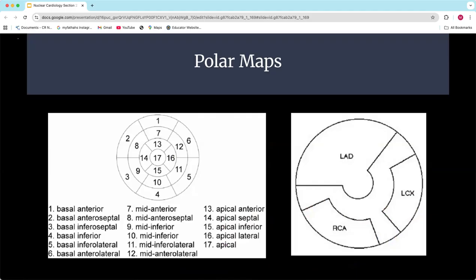This one? Do we have to memorize that left one for the boards? I mean, it's kind of self-explanatory. You can think your way through it, but no, I don't think you're going to get questions. You might get a more generalized question where they show you a picture of a heart and ask where this defect is located, and then give you choices. I could see that being something, but in terms of memorization, no.